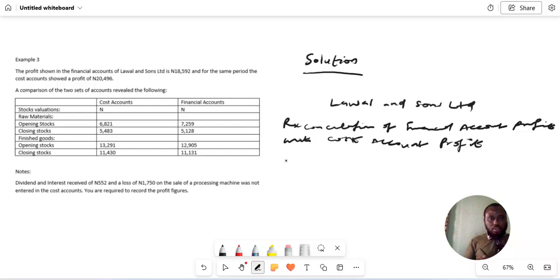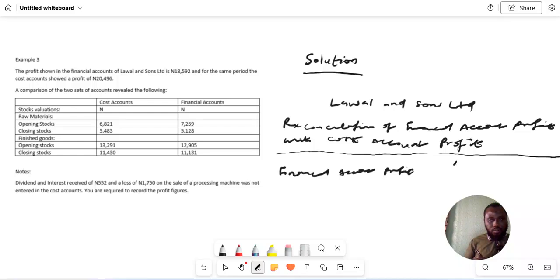So let us quickly start with the financial accounting profits. We have the financial account profits as we can see here,